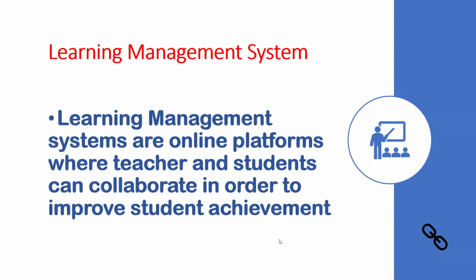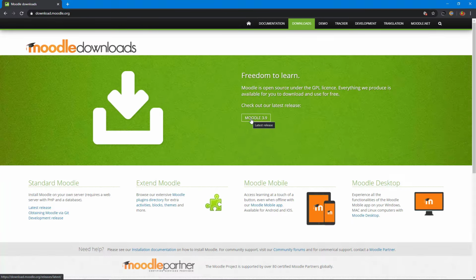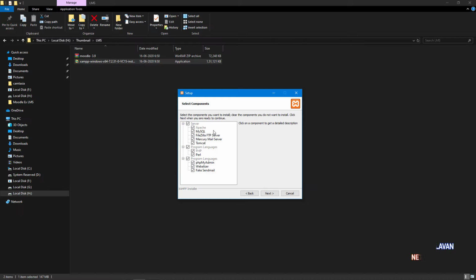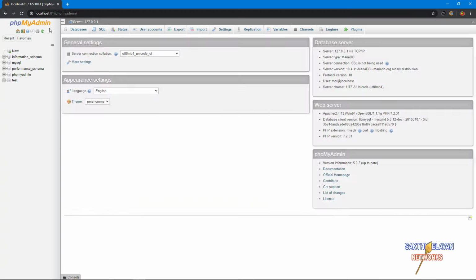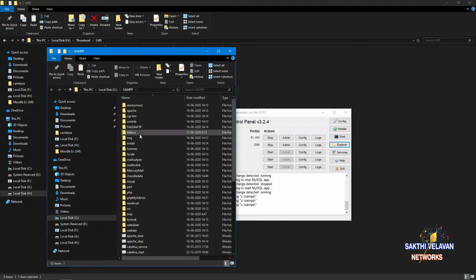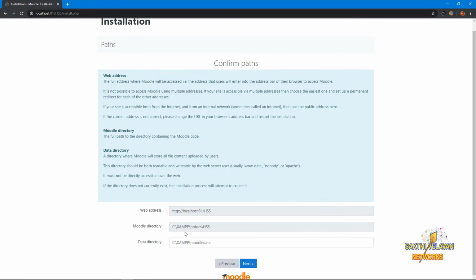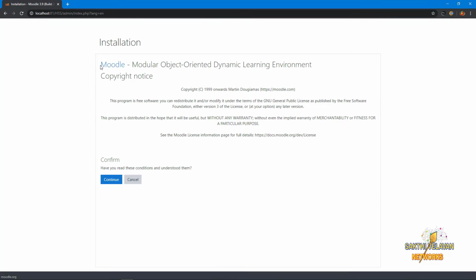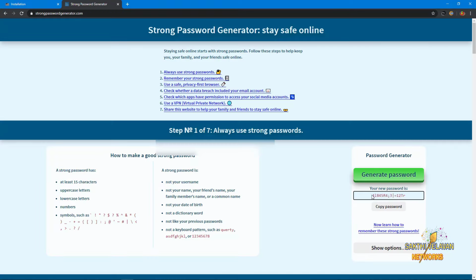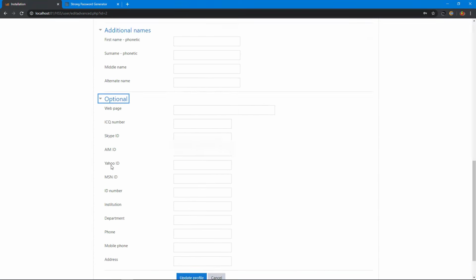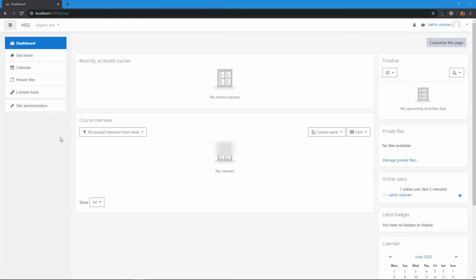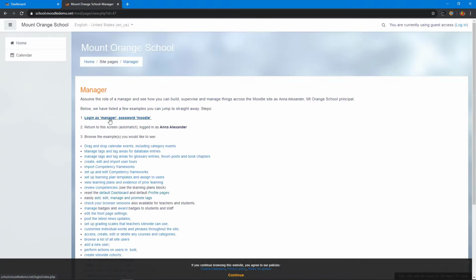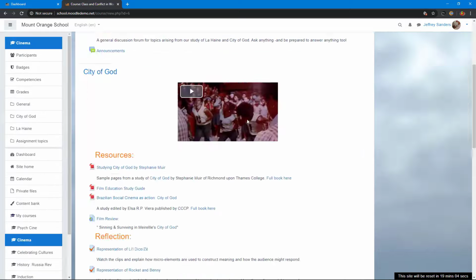Welcome to the Moodle Learning Management Sites Administrator Training course. In this course, we are going to see what is LMS and how to download and install Moodle on the local server. And we are going to discuss what is the role of administrator and what is happening behind the door in all the LMS sites, how to set up and configure your local server with XAMPP, and how to set